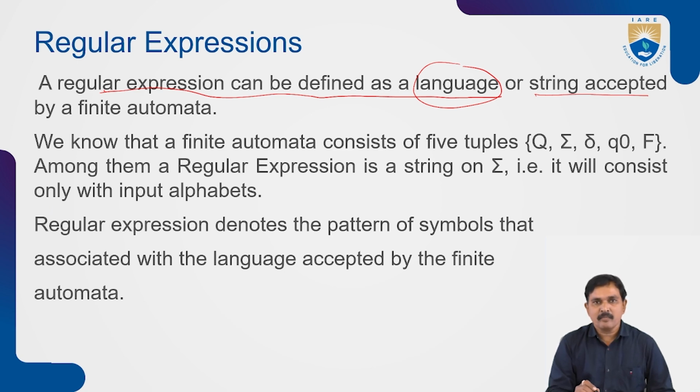We can know more about the idea of the regular expression with the help of finite automata syntax. We have to visualize the finite automata definition with the 5 tuples. So what are the 5 tuples? A set of states Q, an input alphabet sigma, a transition function delta, Q naught is the initial state, and we end with the accepted strings, which are called the set of final states.